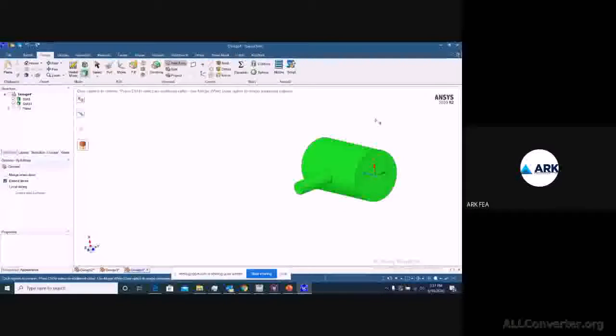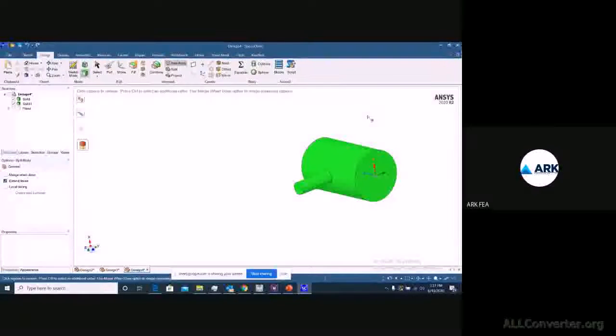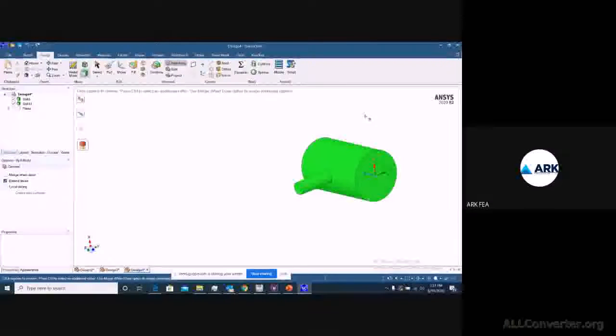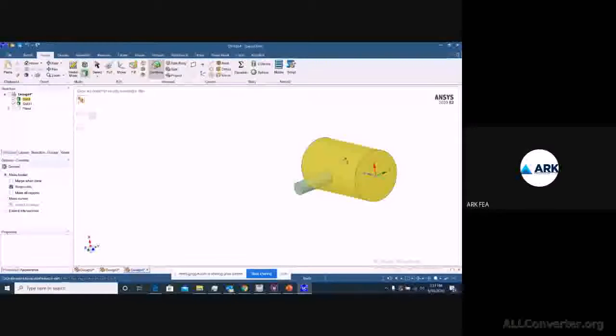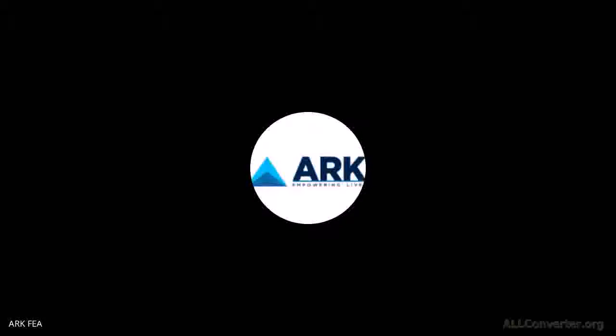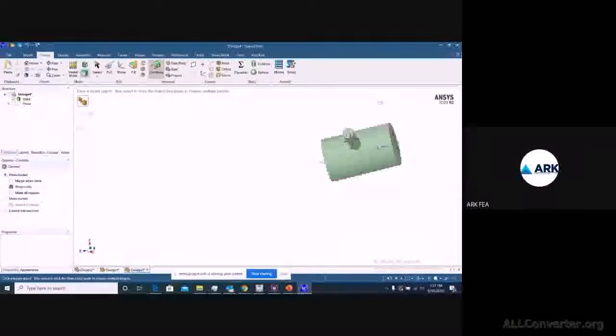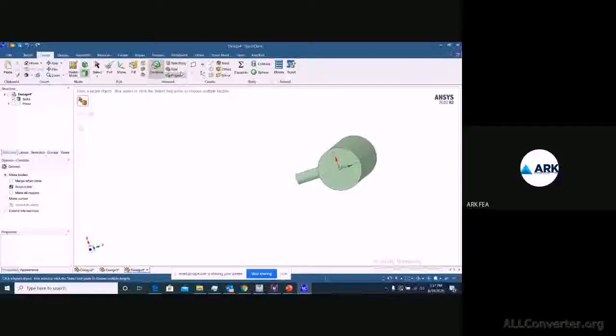Now when you have created your geometry using two or three solids, but later want to combine it, in the same intersect you have combine. Just check over it and select your two different bodies, and you are able to see once again a single solid, right? So this is how you can use combine.